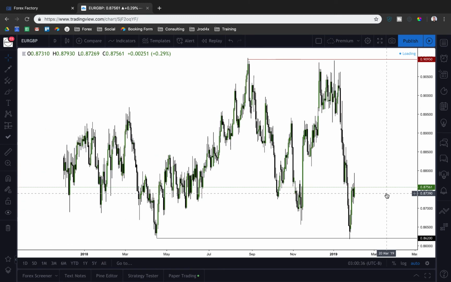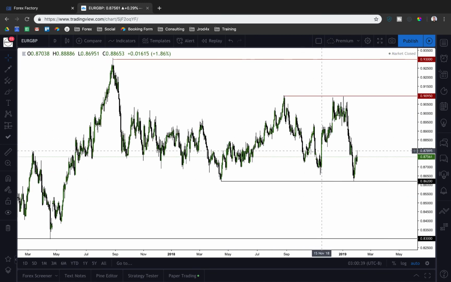Overall though, if we're looking at Euro GBP, we can see that we are still within a range. We are in a consolidation. We've got equal highs, we've got equal lows, and we've been unwilling to get below this low here at 86.20. So again, I'm not necessarily seeing that as support. I'm just seeing that more so as them building the idea for retail traders to potentially go long this market, and I do believe that they will eventually take this thing lower, which could present some nice trading opportunities in cable, British pound USD. So that is just about everything for today.